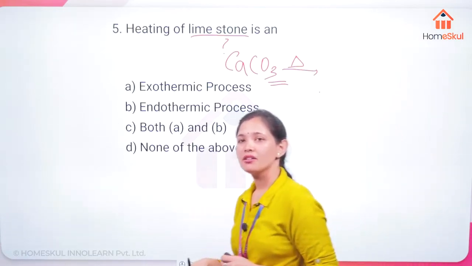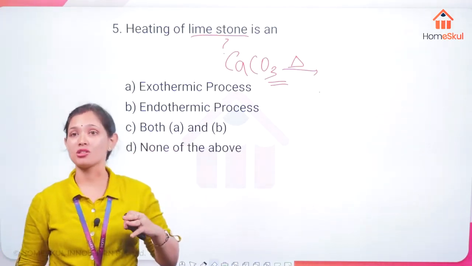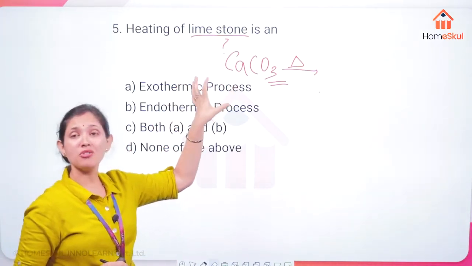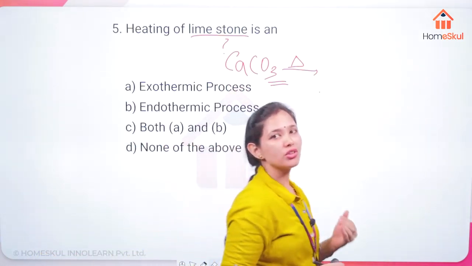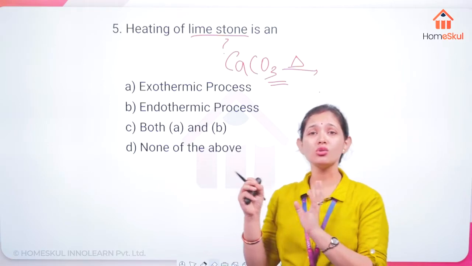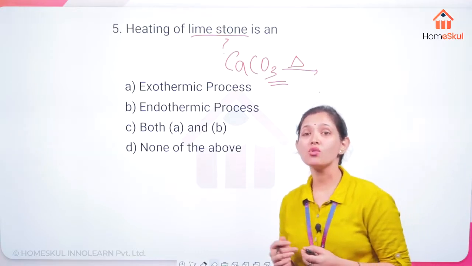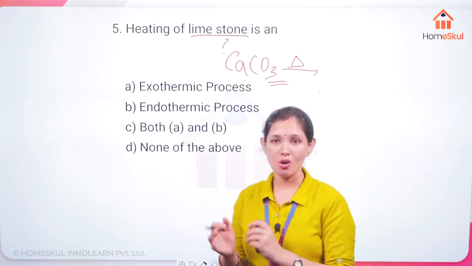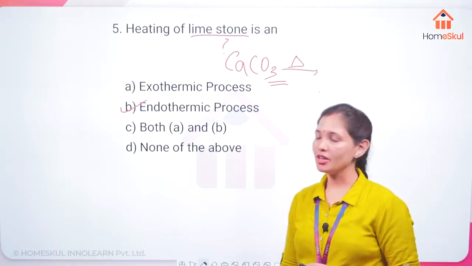Very correct, endothermic. Yeah, Velga Saju, very correct. This is an endothermic process. What is happening here? You have one reactant, CaCO3, and you are heating it directly. It is going to give you 2 or more products, it may be 3, 4, 5, anything. So when a single reactant gives 2 or more products, that is a decomposition reaction. In decomposition reactions, we use heat, light, electricity, or energy to decompose the compound. So here the option is the endothermic process. Now the next one.